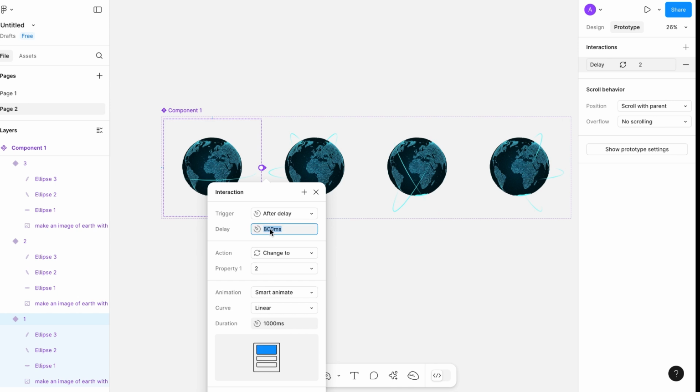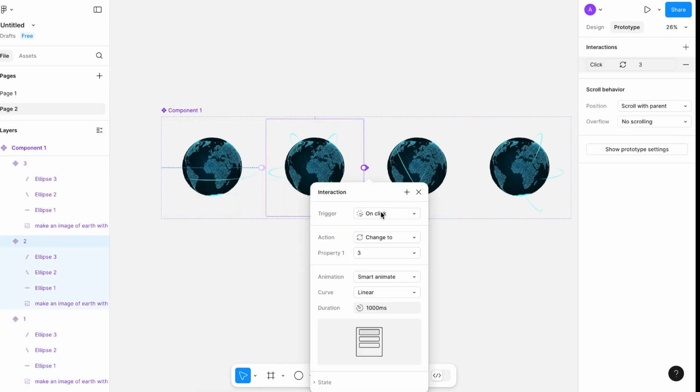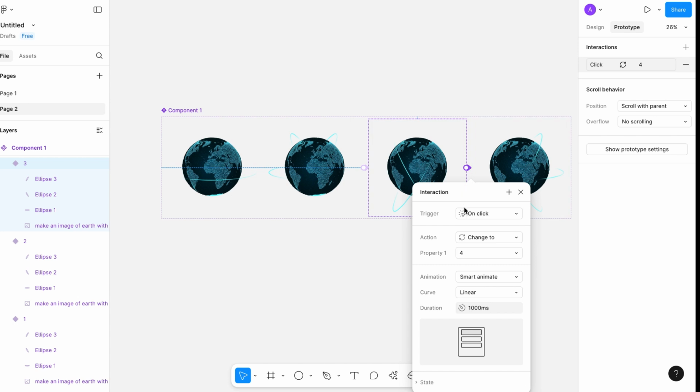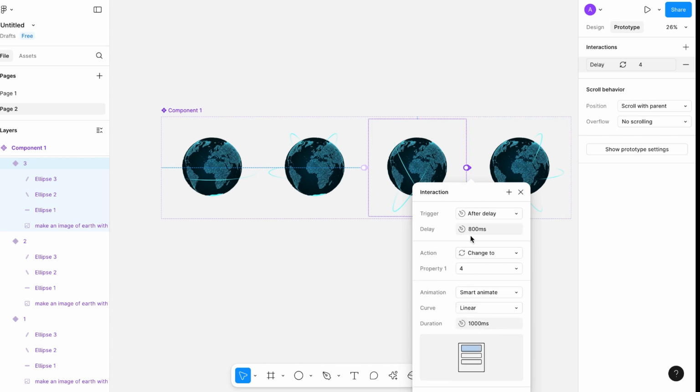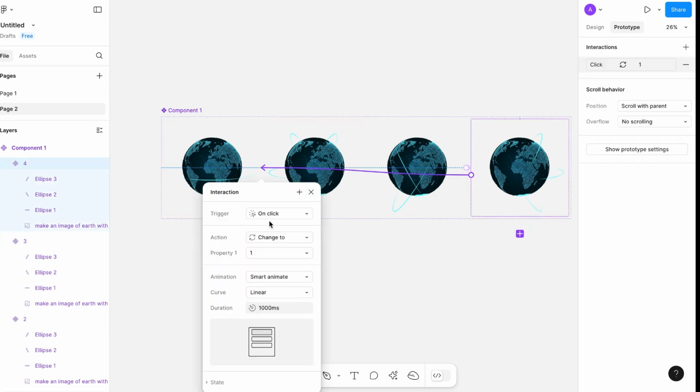The trigger will be after delay of 1 millisecond, and the action and animation will be smart animate. Duration will be 1000 milliseconds. Do this for each. Don't forget to connect the last one to the first frame,